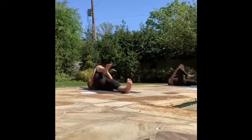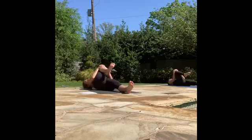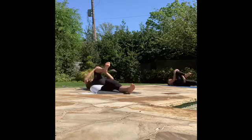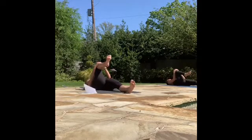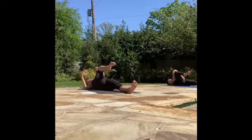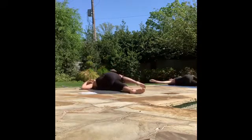Your right knee comes into your chest. On your inhale, press away. Exhale, pull it closer. One more time. Inhale, press away. And exhale, pull it closer. Option to hold there. Maybe you take your left hand, grab the outside of that knee, crossing the body, extending